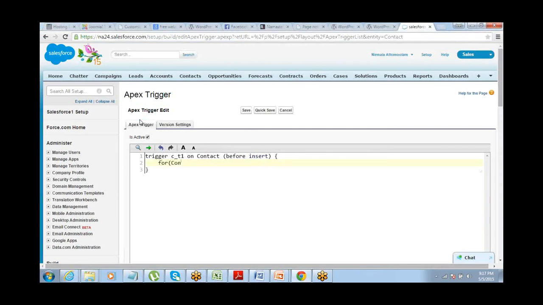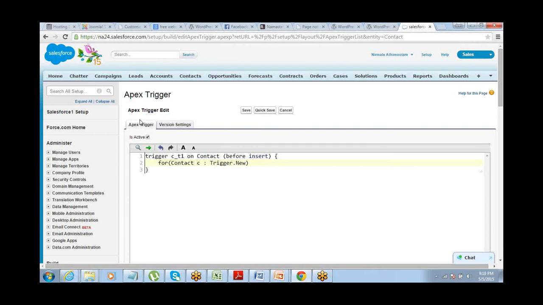For contact c within trigger.new. So instead of defining a new list and all, trigger.new is already the list of records.